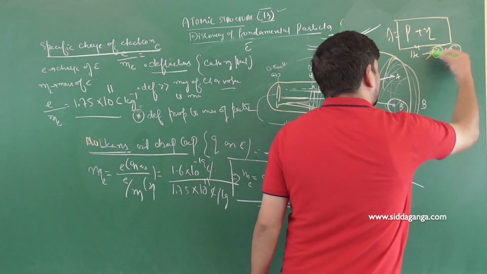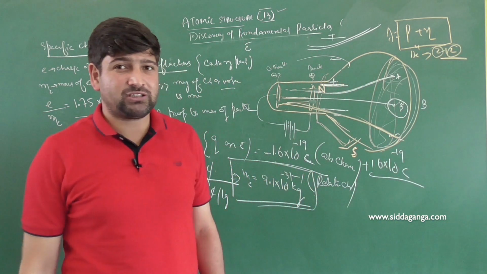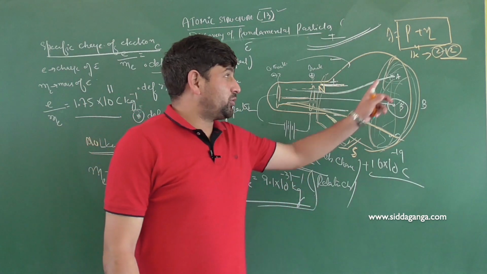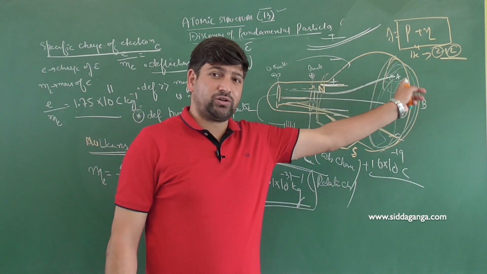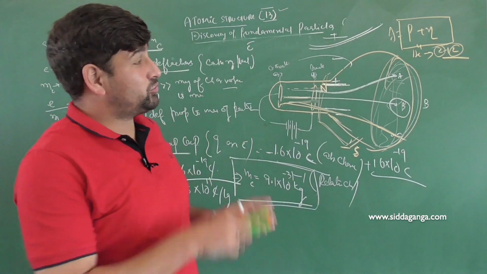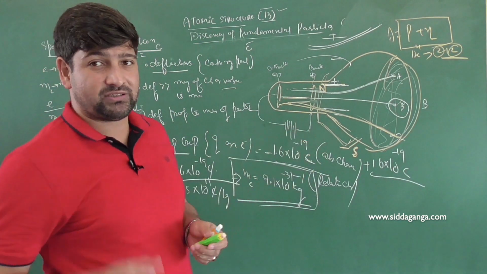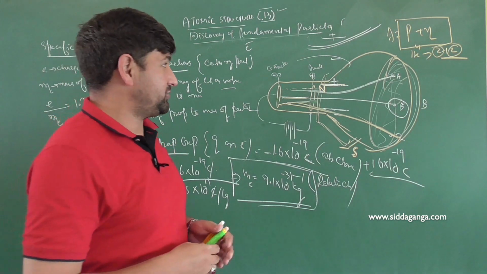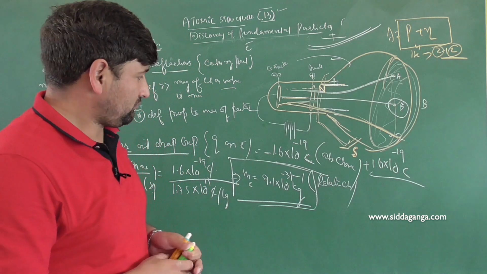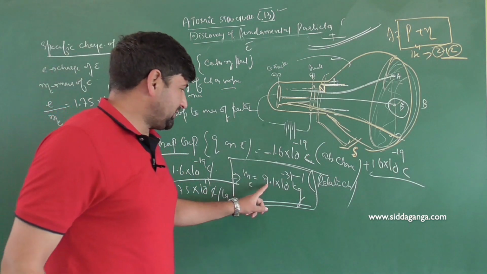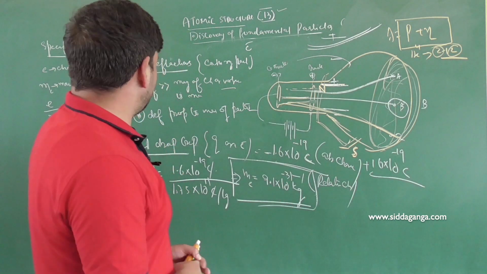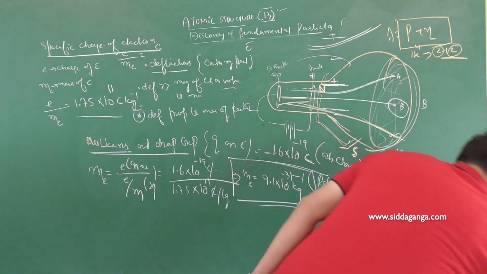This is called relative mass we are writing. In actual practice, mass is different. For electron it is 0.00057. For proton it is 1.008, and neutron it is 1.008. So those are called absolute masses and relative masses. In your textbook, a proper table is given: relative charge, absolute charge, all those values. Am I clear here? So mass of electron comes 9.1 into 10 to the power minus 31. So I'll write down some important parameters here.